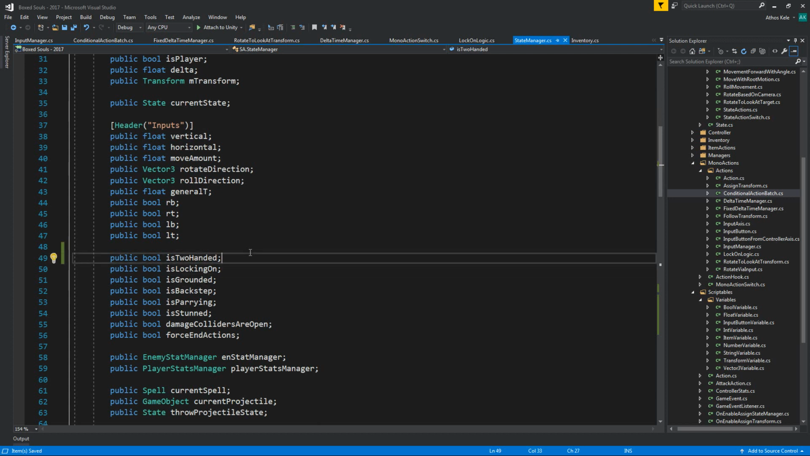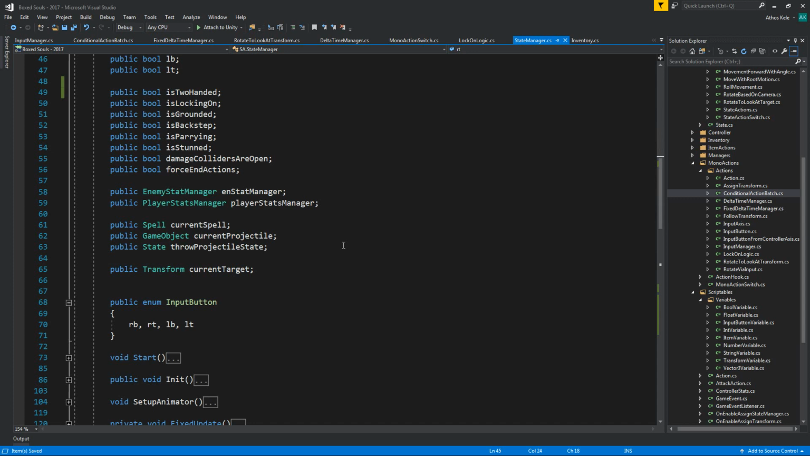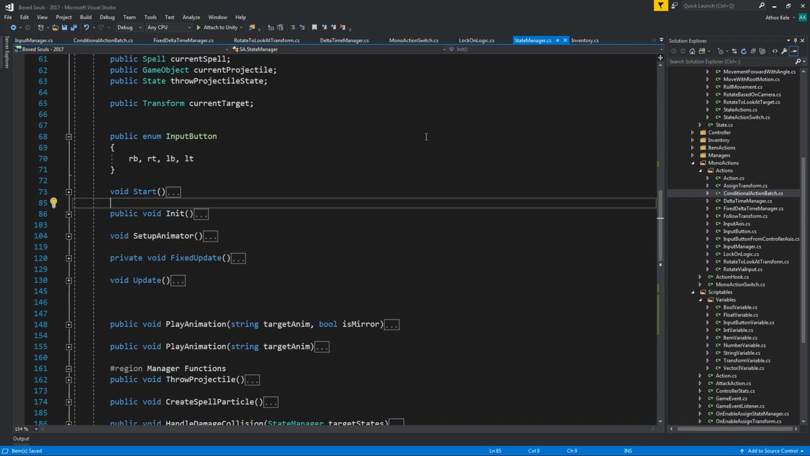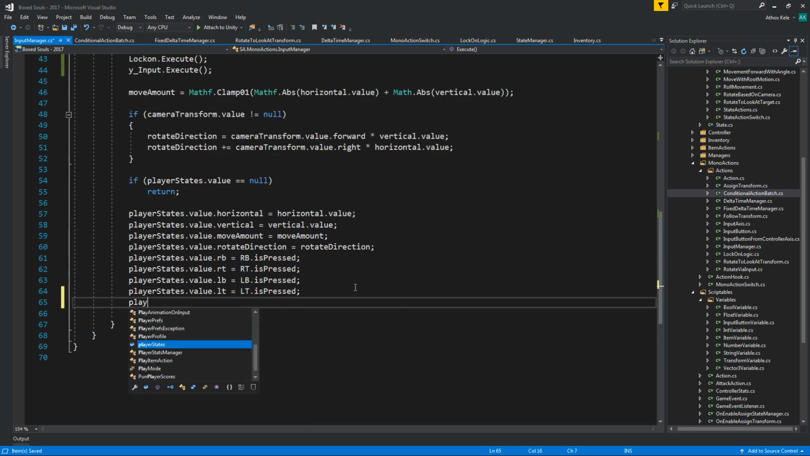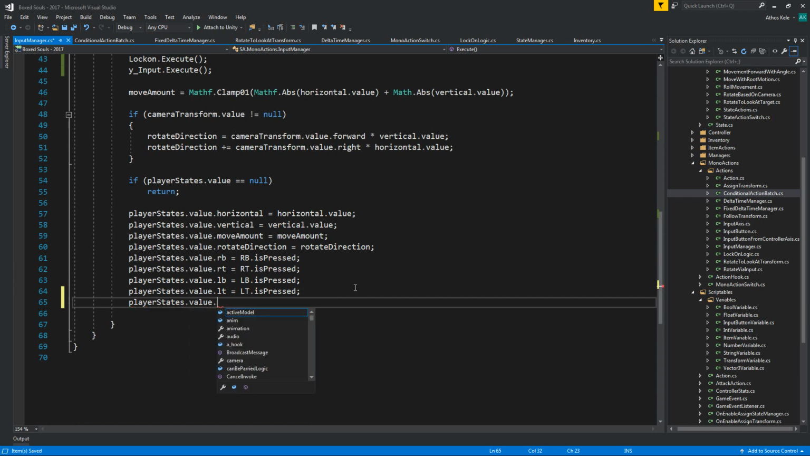Okay, so in case you need a refresher after more than 100 videos, the way it works on Dark Souls is you have a weapon. Doesn't matter if it's a small one or a large one. You press the Y and you two-hand it, which I think is a really cool and innovative way of doing it. And then on the input manager, whenever you are pressing any of this, player states dot value dot is two-handed equals,